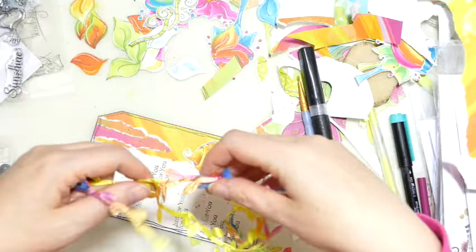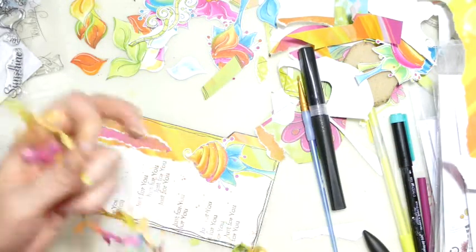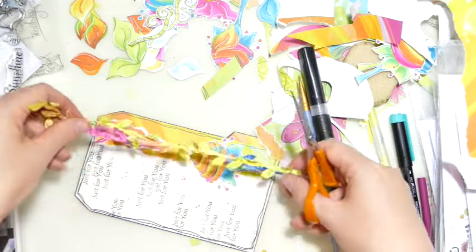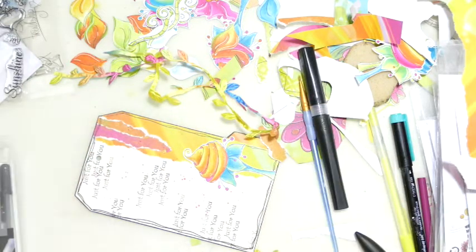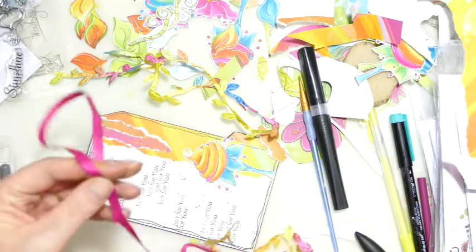So I've got this leaf one. I'm going to take a chunk of that. I think this is from the works, but it's multicoloured leaves, so it goes really well with what we've got there. I've got a little bit of pink. I'm going to take some of that,